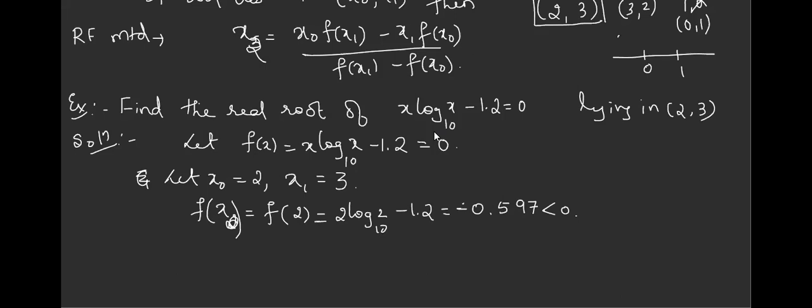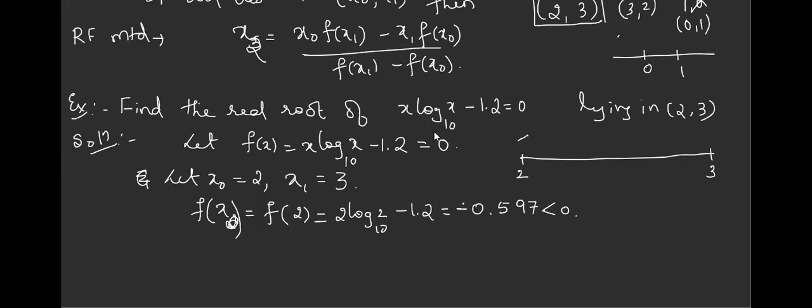So what you can do for regula falsi, you just take roughly a bigger line, and take the ends as 2 and 3. Because first we have to confirm where the root lies. Endpoints should be that. This is the first thing. Now we have found f of 2, and f of 2 is giving me negative.